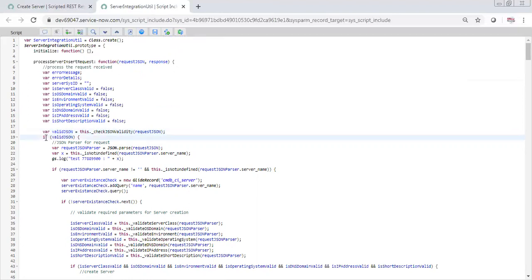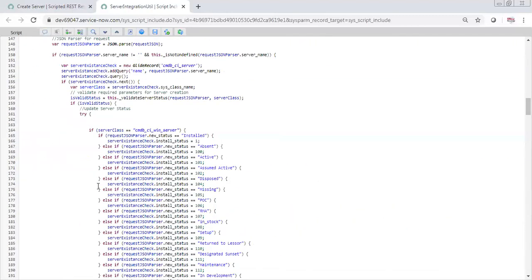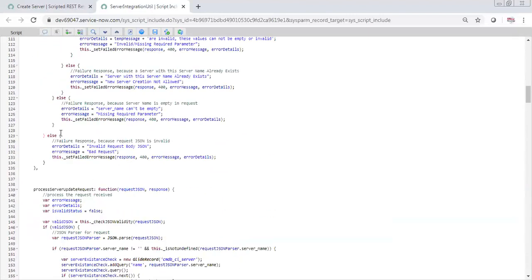Now if you see here, I have written if valid JSON, which means if valid JSON equals true. If you write this or this, both are the same thing. So it will say if the JSON sent by them is valid. As here we received false, that means it will say JSON is not valid. That means it will not go inside this if block. It will go somewhere here, the else part, as the condition is not met.